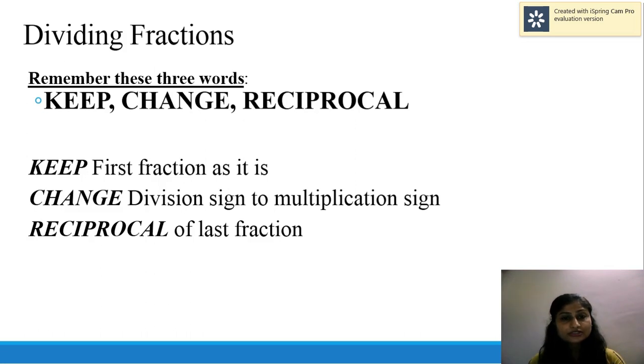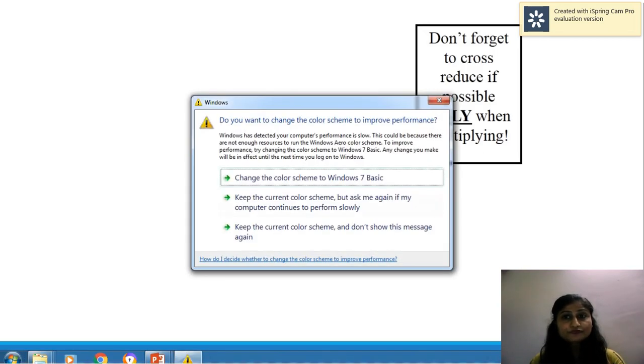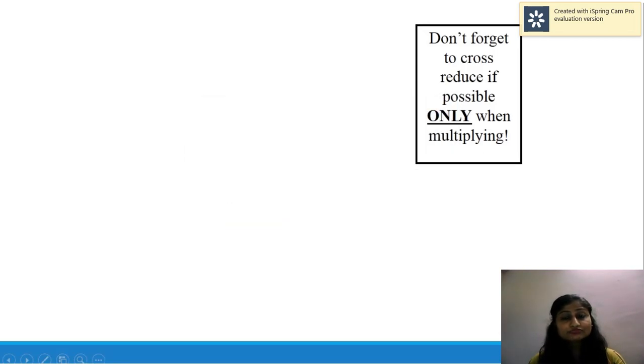We write the reciprocal of the last fraction, and then after that multiply the fractions and simplify it. Don't forget to cross reduce if possible, only when multiplying. Examples: